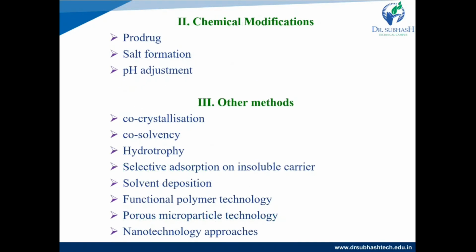Next, the first one we have seen is physical modification. The second is chemical modification. In that, we use approaches like prodrug approach, salt formation, and pH adjustment. Prodrug means conversion of the drug into a more soluble prodrug, and with that approach we can improve the solubility. Next, salt formation,